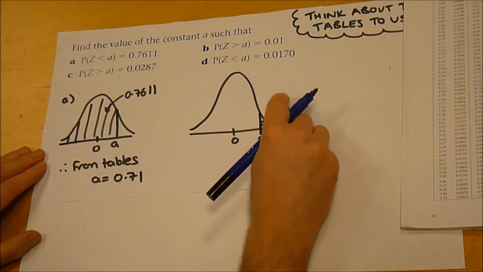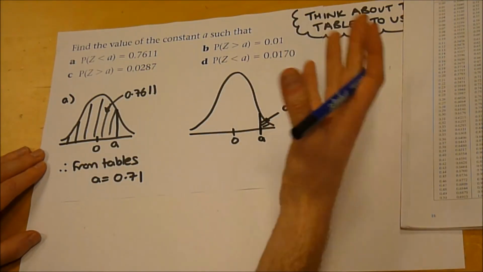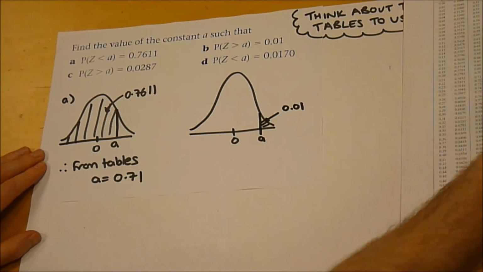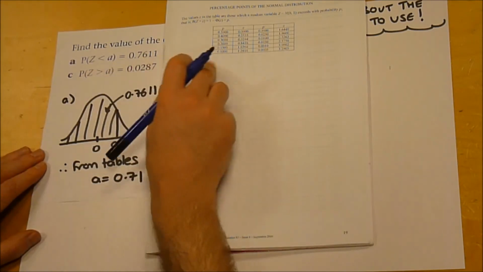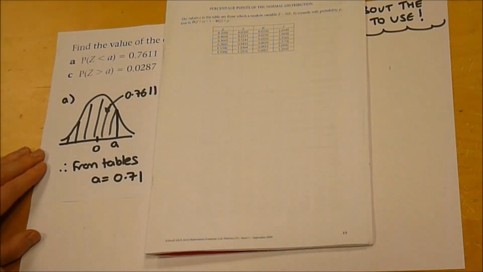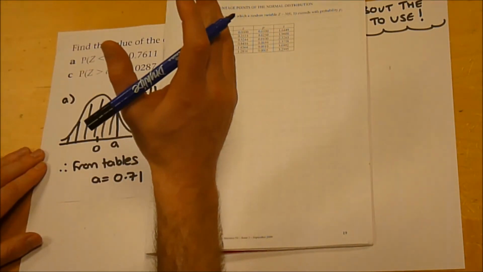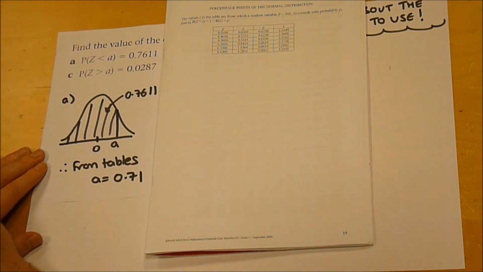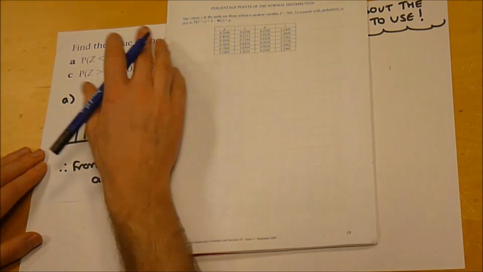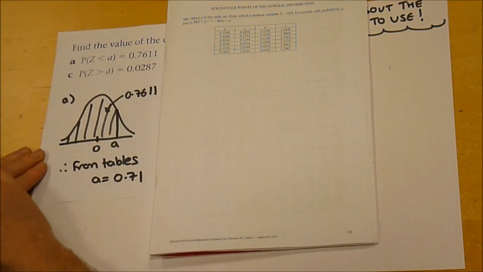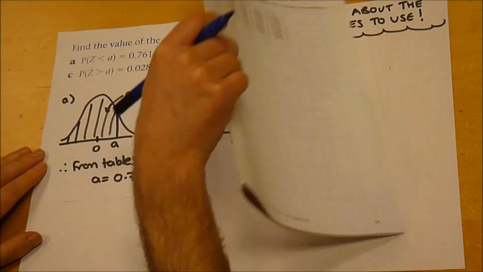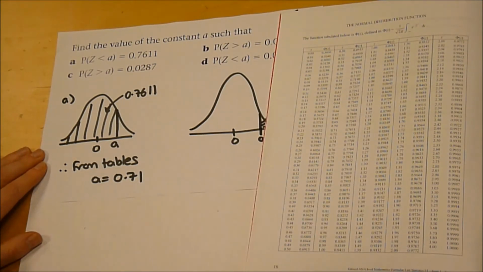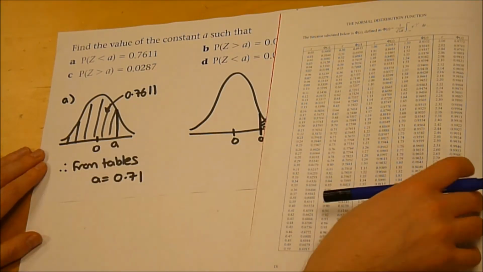Now, this is a really nice probability. Whenever you get nice probabilities, you want to turn over the booklet and look at the nice version of the tables. Now, there's one extra thing we need to know about the nice version of the tables. They give the probability that z is bigger than the value given, which is the opposite to what it does in the normal version of the tables.